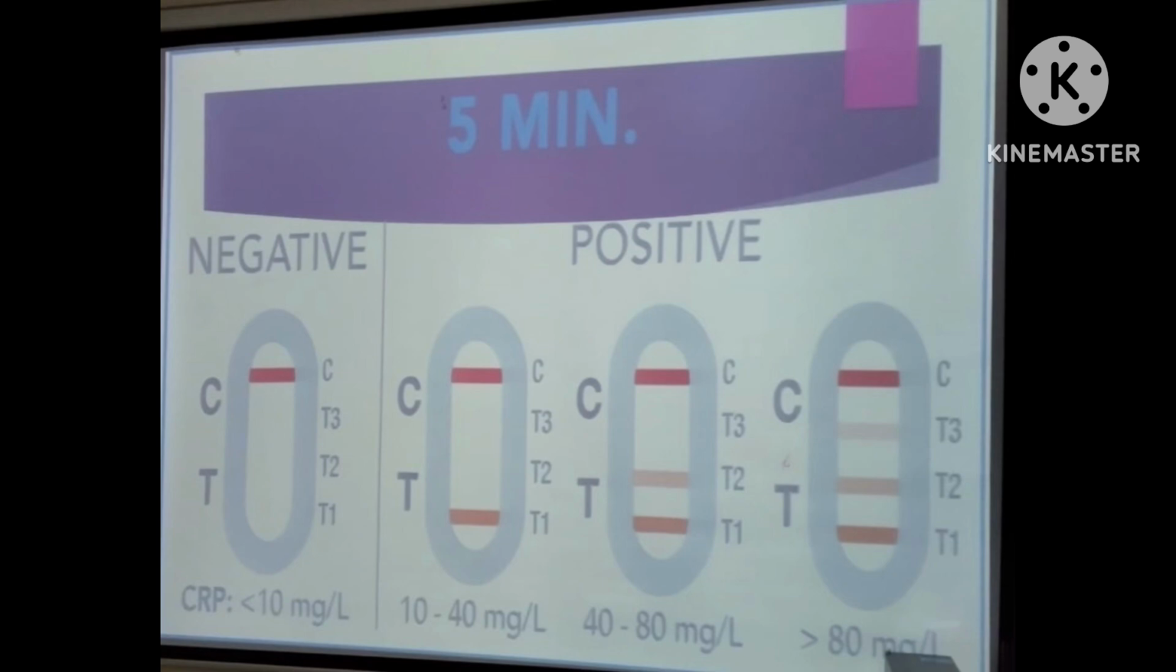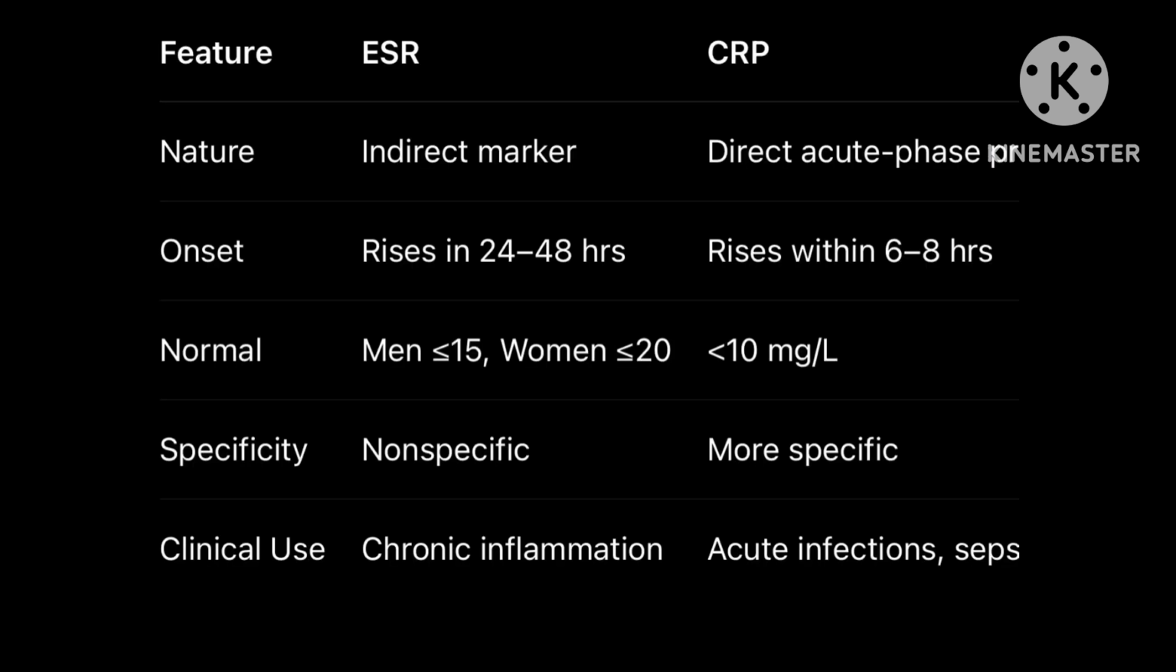T1, T2 and T3. CRP is an acute phase reactant elevated in infections, inflammations, trauma, and autoimmune diseases. A higher value indicates more severe inflammation or bacterial infection. So CRP and ESR are both markers of inflammation, but CRP is more specific and faster. ESR is still useful in chronic conditions, and this strip test is a quick way to measure CRP levels in the lab